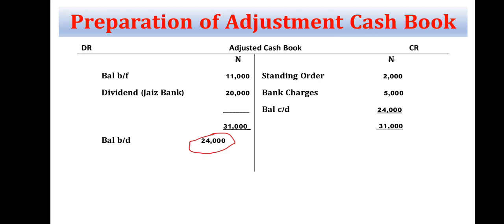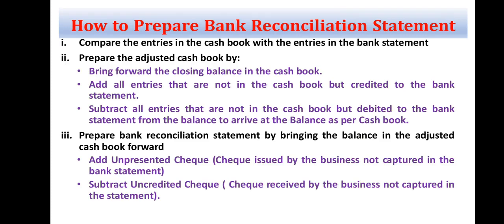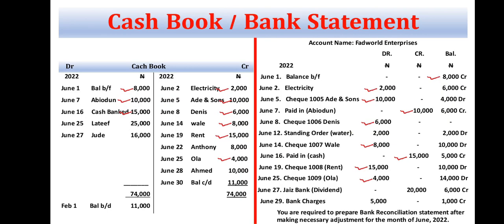So we are going to bring it forward as balance as per adjusted cash book, 24,000 naira. So the next step is add unpresented check. If you remember, I've explained that in detail in my previous video. What unpresented check is: those are all the checks issued by the business but did not appear in the bank statement. That is all those entries at the credit side of the cash book but not at the debit side